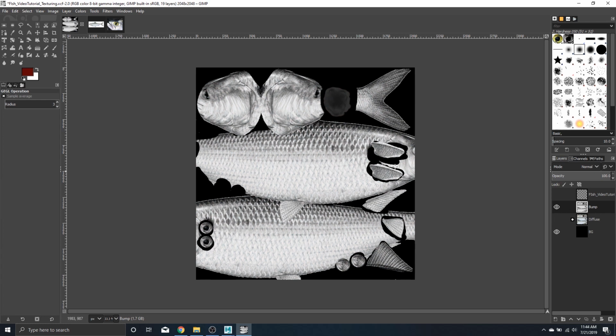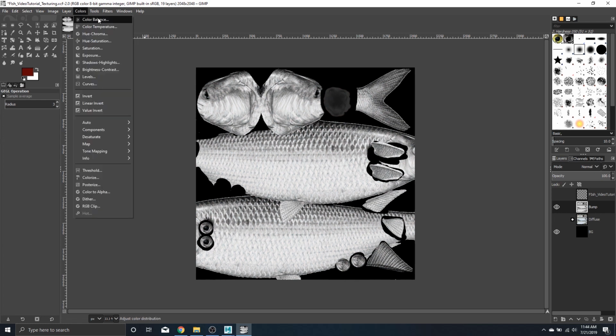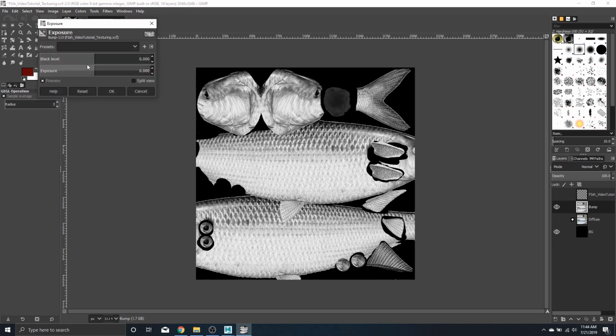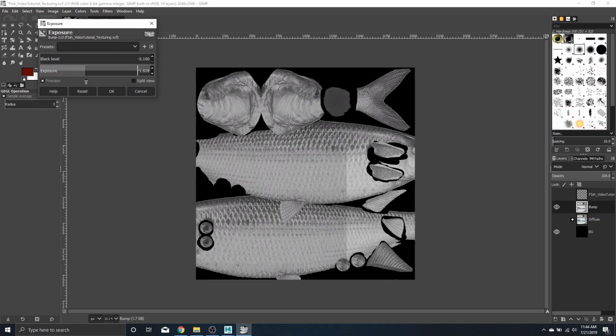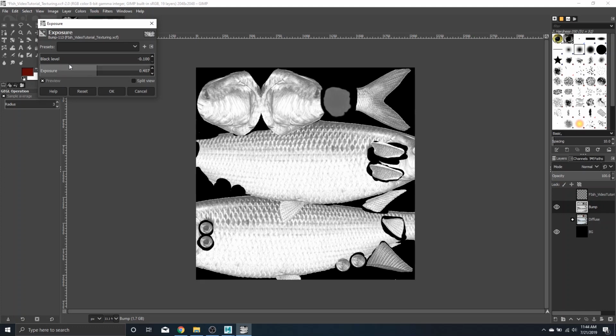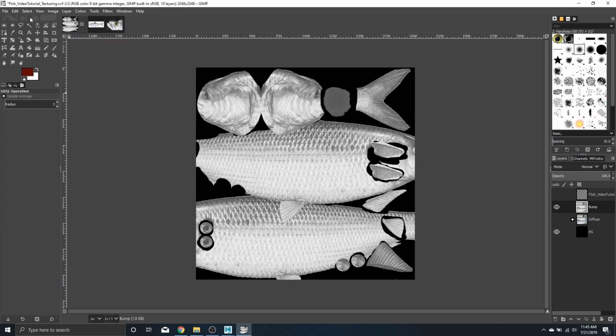So now that the bump is desaturated, we're going to go back to colors, and we're going to do exposure. As you can see, it's increasing the black level, decreasing it. Exposure, decreasing it, increasing it. We're going to find some middle gray. I like this middle gray. It's going to give me some highlights and other stuff. I'm just going to leave it like that. Hit OK, and we're going to file,